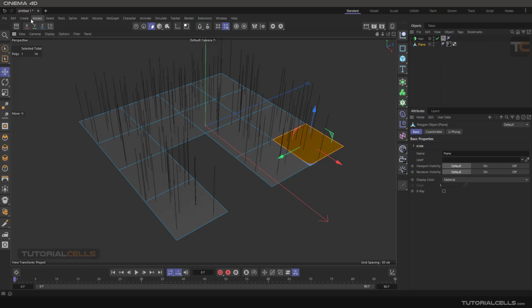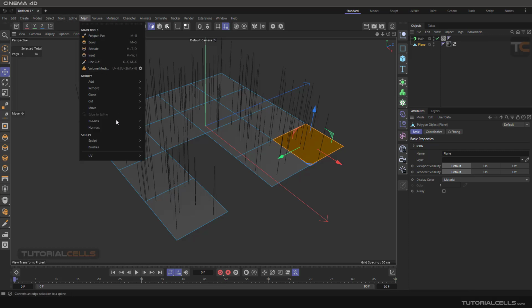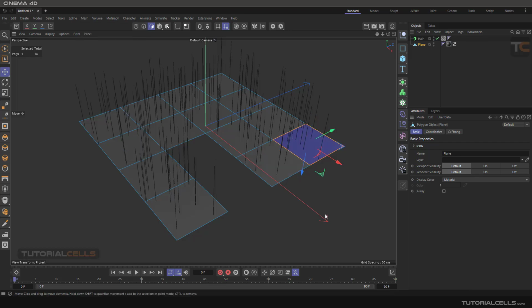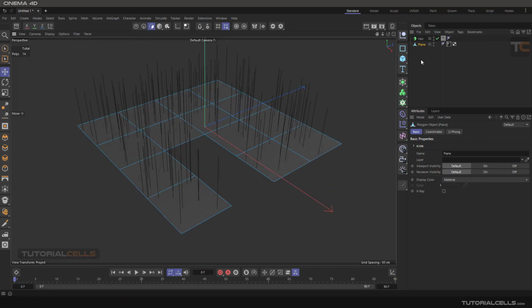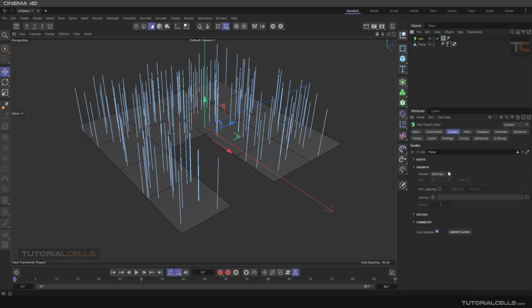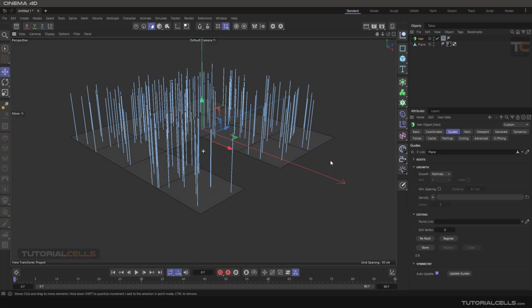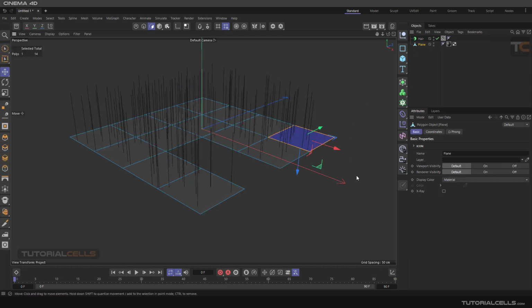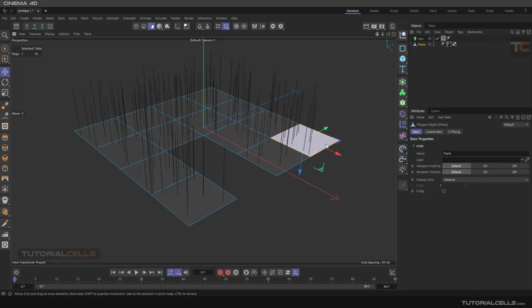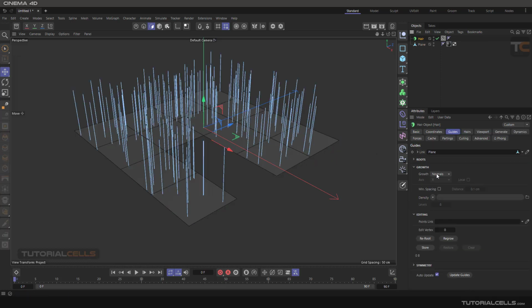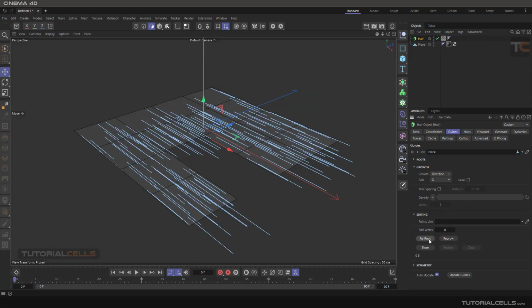If you select that, go to Mesh, Normals, and Reverse Normals, you can see it's reversing the normal. And for such things, we have to go to Editing and Regrow or Reroot, I think, because it's based on the normals. You can see this faces the wrong direction. Regrow, Reroot. No, it's not. It has to be Regrow